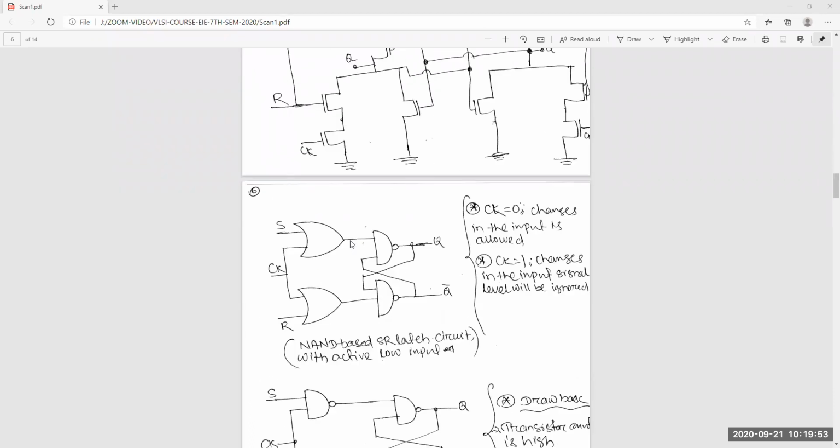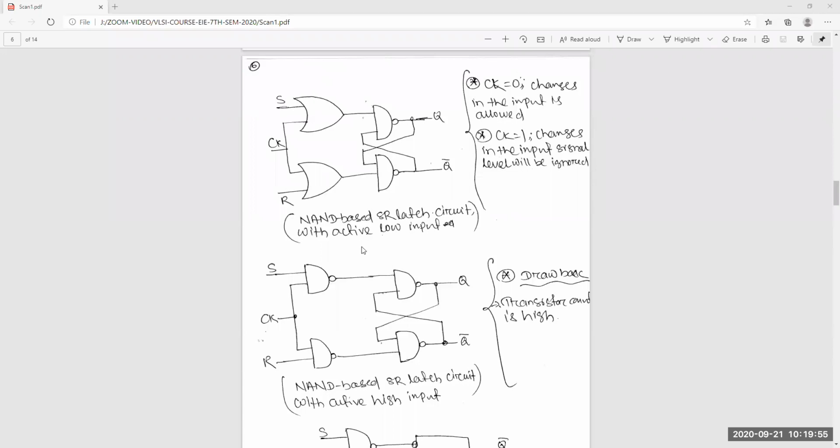Similarly, there is another version, NAND based. NAND based SR circuit with active low input. Here you can see why it is active low enable: the clock is active low, because for an OR gate, so no bubble.